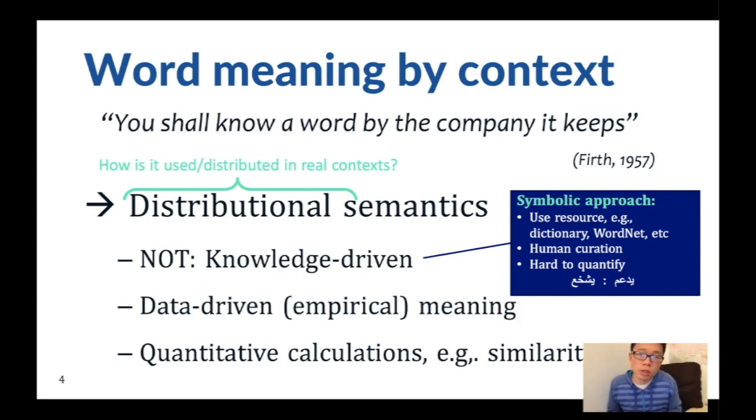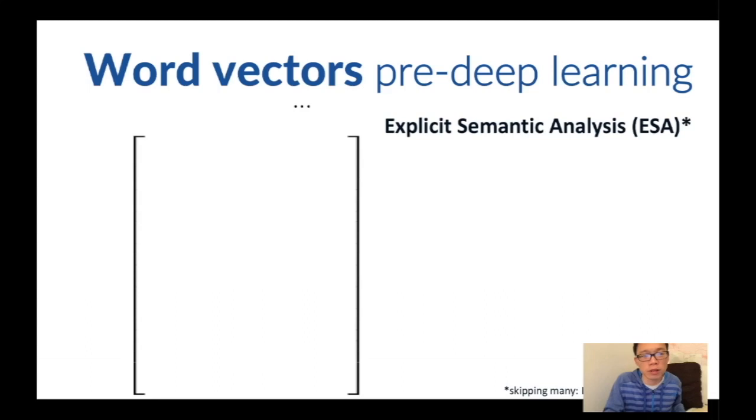Okay, back to distributional semantics, what we're talking about today. So what we're talking about today will be data-driven or empirical meaning, meaning by looking at hundreds of documents of where a word shows up, and saying, well, what can we say given all of the contexts that we see it in about what it means? The other thing that we have with distributional semantics is that we're able to make quantitative calculations of something like similarity, solving the problem that I just showed above about trying to compare two different words. Okay, well, not exactly solving, but giving you a good approximation.